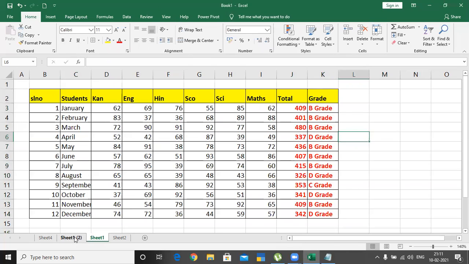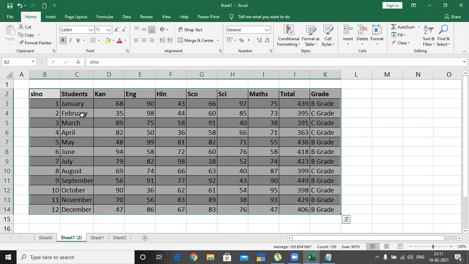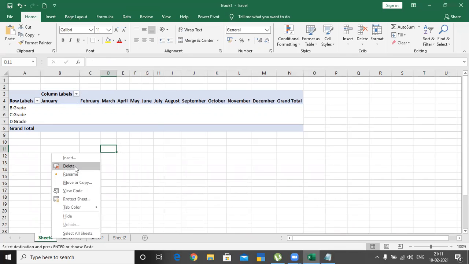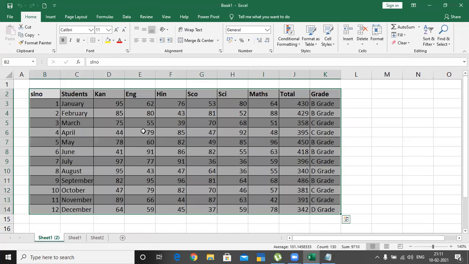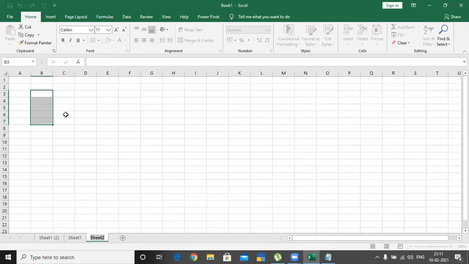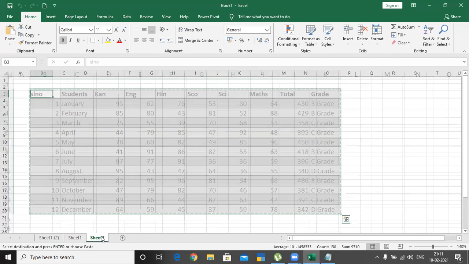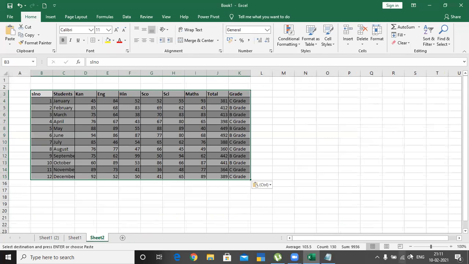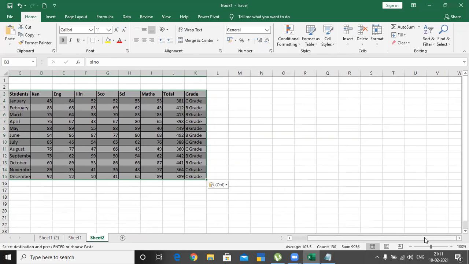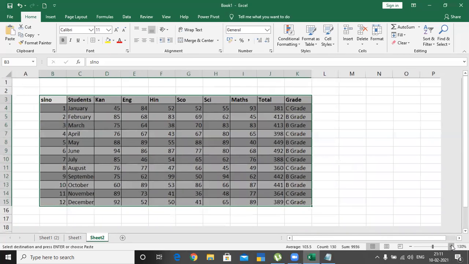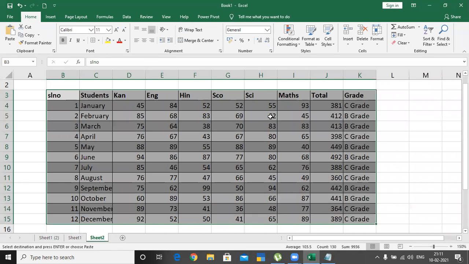So next we have one more new condition called conditional formatting. I'll be taking the same data, do copy, go to here, I'm pasting. So in this case, what I'm doing is I will be completely removing this formatting.